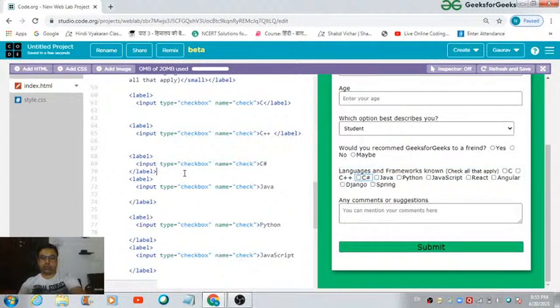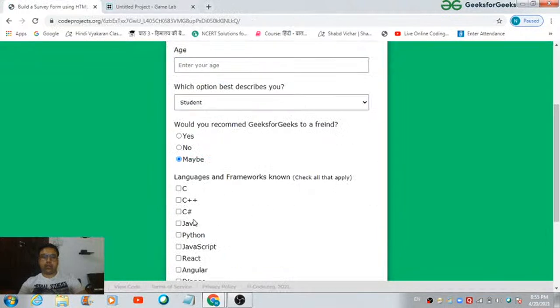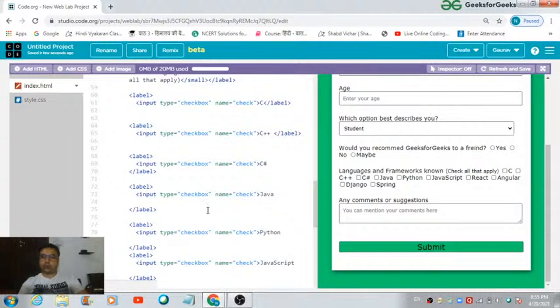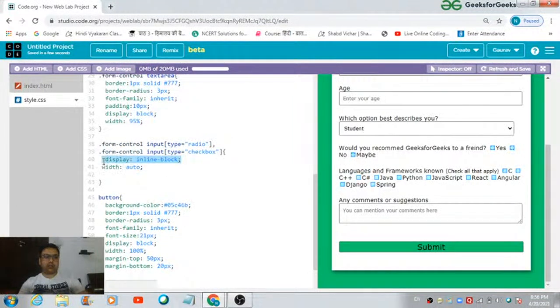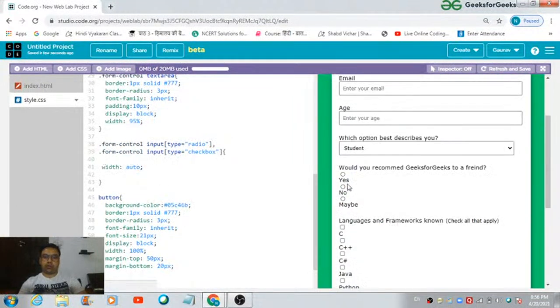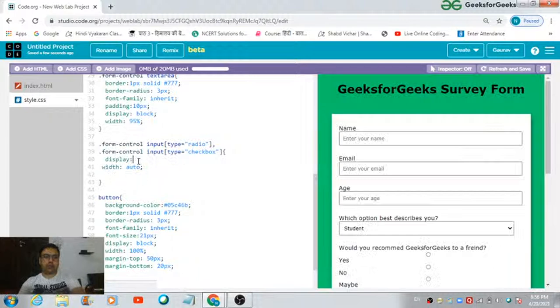Why are we not able to see them in the way they are getting reflected over here? That's what we have to find out. So division, they are inside. Okay, then this name is perfectly fine, type is checkbox only. Now if I go back to the style.css, let's remove this display from here. So this is how these are getting reflected over here. So if I pass some other value for this display,